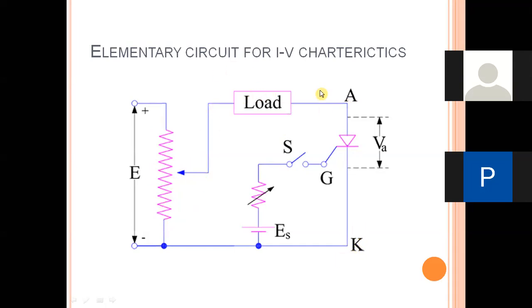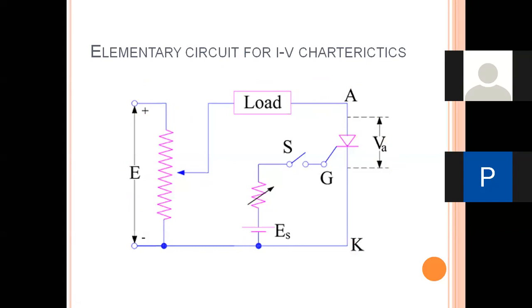Directly we may not be able to connect the source to the SCR, so in between we consider a load. This load may be a resistive load, or it may be an inductive load. We are simply not going to consider this particular element in our analysis; we are simply going to treat it as a load element. So this is the power circuit connected to the SCR. Always the power circuit is connected between the anode terminal and cathode terminal. Is the screen sharing visible to you? The elementary circuit diagram.